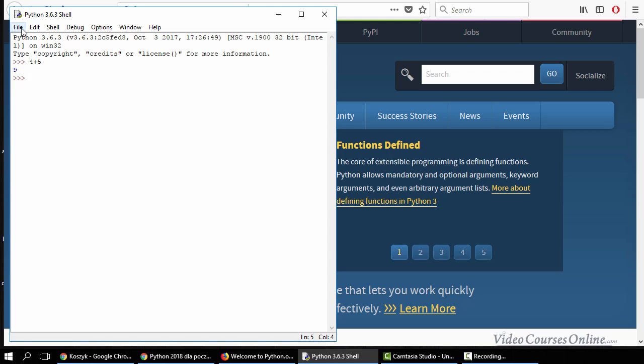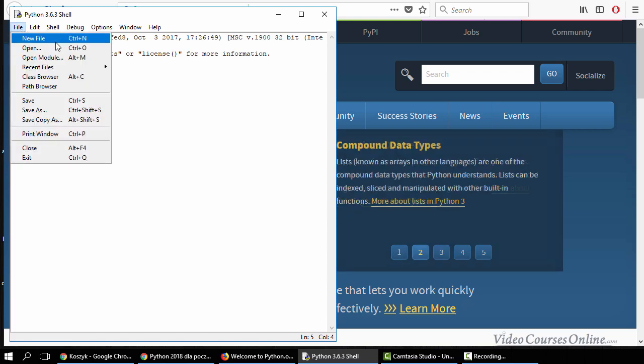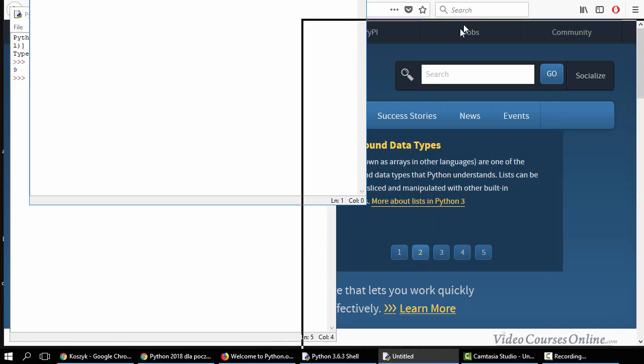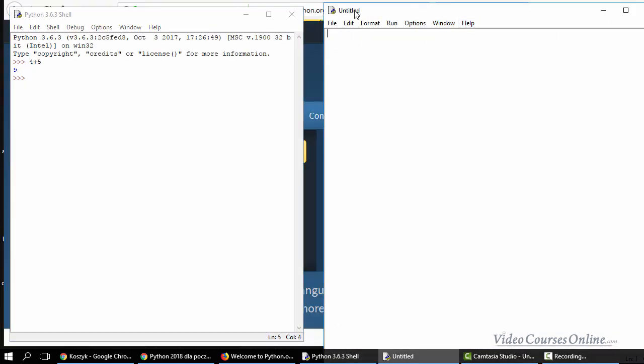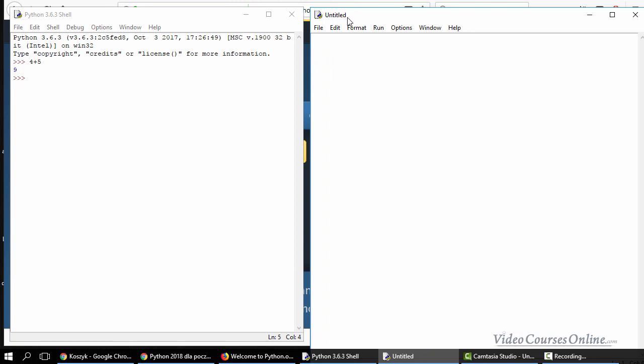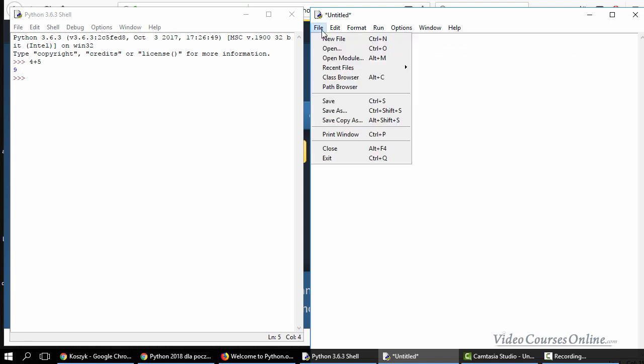Well, we need to click on File, then on New File, and then we have an editor opened like this one. And as you can see, now this file that is going to be our script is untitled. We can change the name of this thing, and we can type here some kind of code. So let's, for example, print something like sample, okay? And let's save it. File,